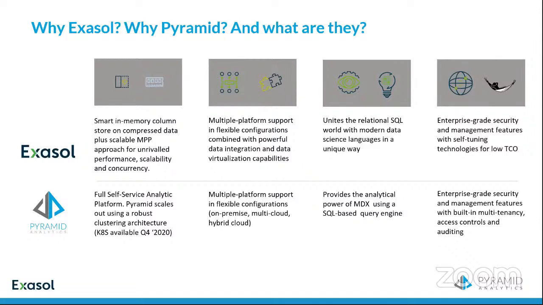We will also be delivering later this year a full Kubernetes version of Pyramid, which will provide that kind of elastic resource, which will automatically scale up and scale down, just as important, depending upon usage. So keep an eye out for announcements around that. Again, Pyramid supports multiple platforms in flexible configurations across Windows and Linux environments. And again, that can be installed on-prem, multiple clouds, or hybrid offerings.